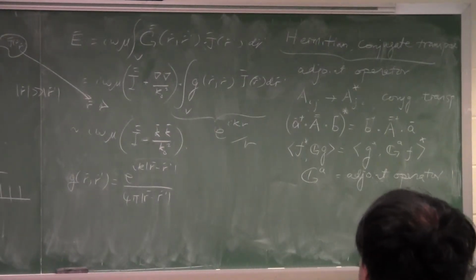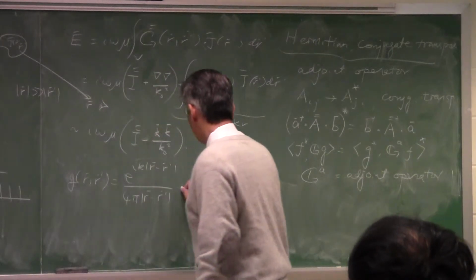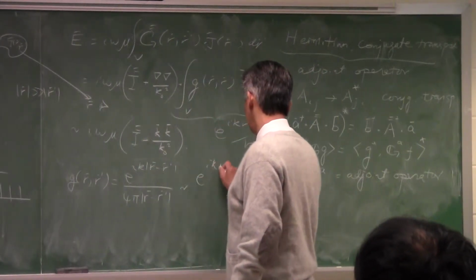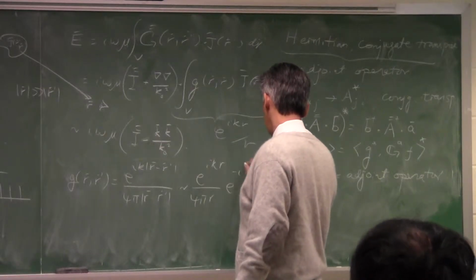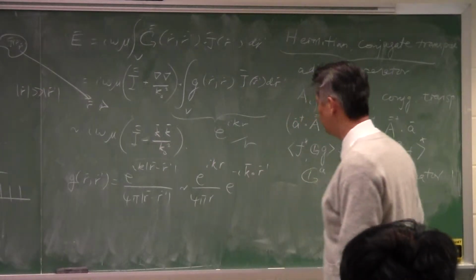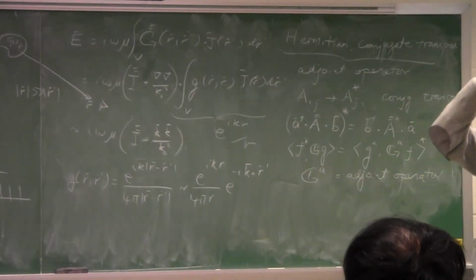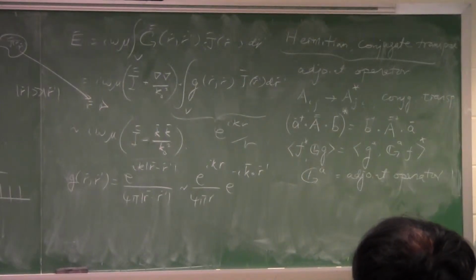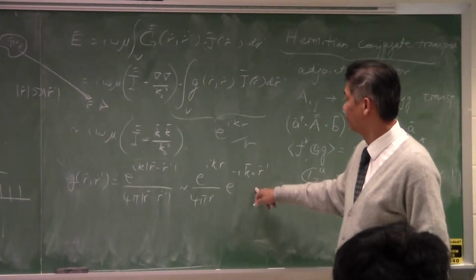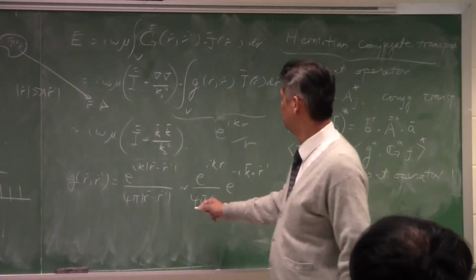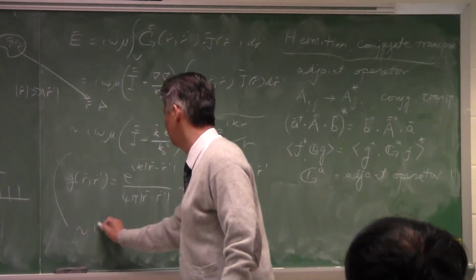And so this can be approximated as e to the ikr over 4 pi r, e to the minus i k dot r prime. Understand? You learned that in your undergraduate class. And you can go to that approximation and get this. And then finally, what you have is that this is equal to,